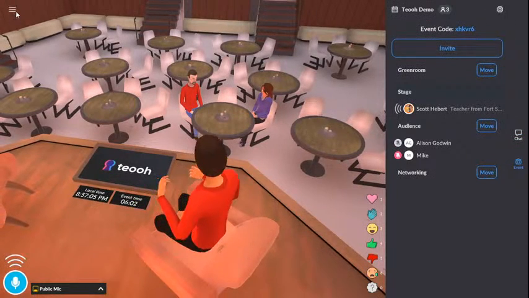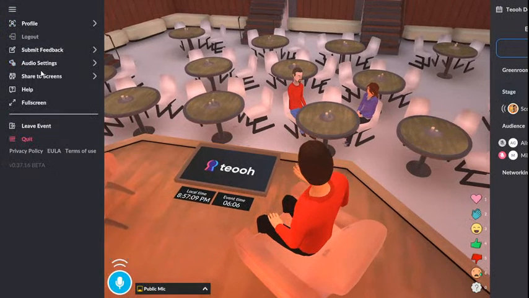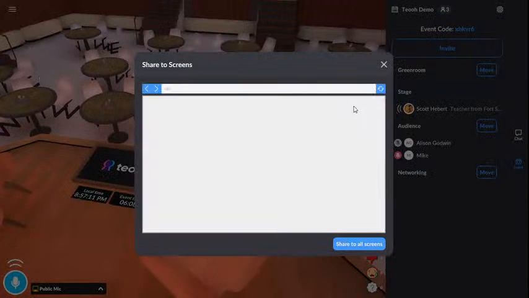I can actually go to this little hamburger menu up here, and I can click it, and I can actually go to share to screens. And now where they currently are, which is kind of a bummer, is it can only be web-based, okay? So that being said, what I can do is, as long as your material exists online, so I'm just going to pull up a topic.